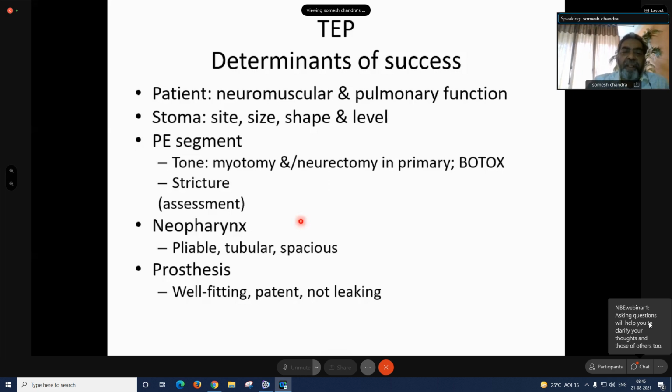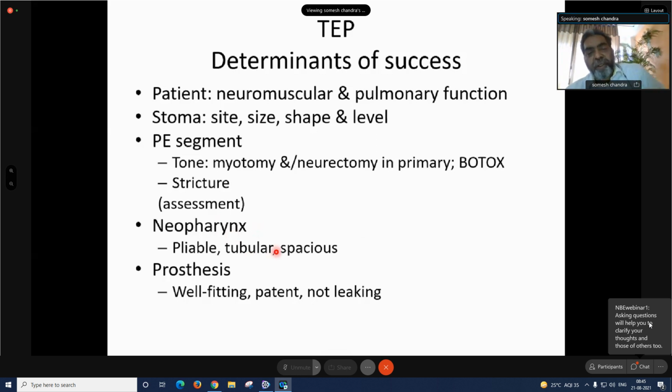If that is not there, you should first resort to speech therapy measures, and if nothing works, then you need to do a botox. The neopharynx, like I said, should be pliable, so post radiation may be a problem. It should be tubular and spacious. So tubular means that